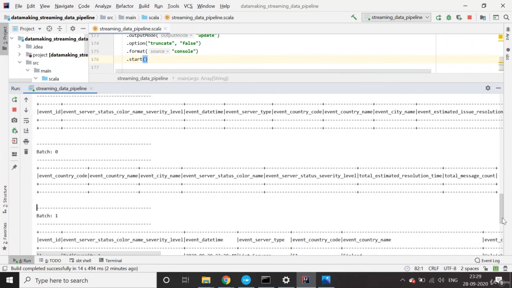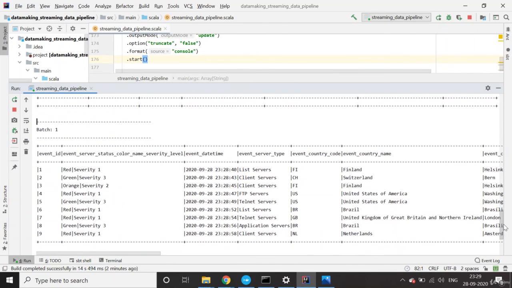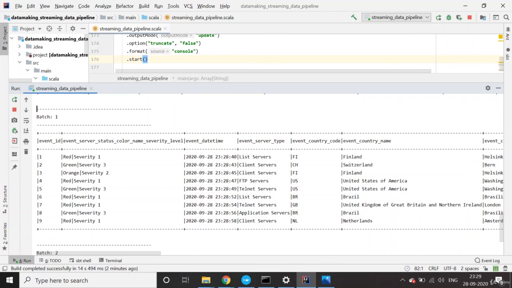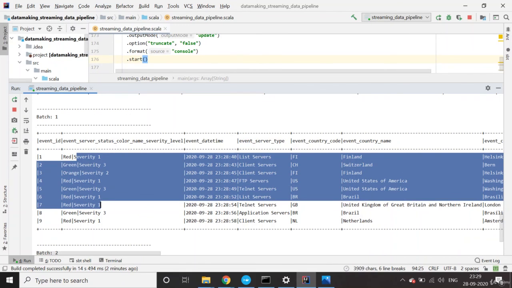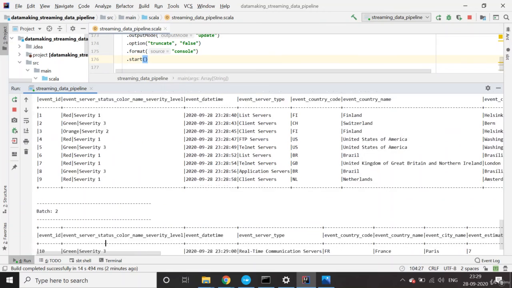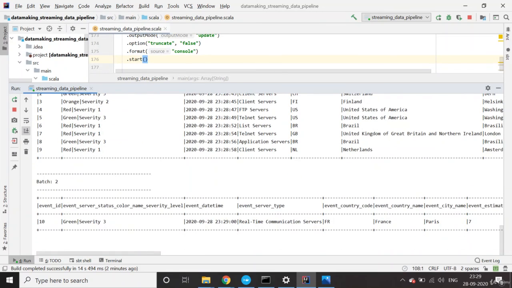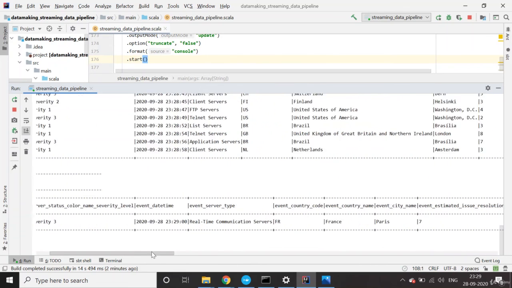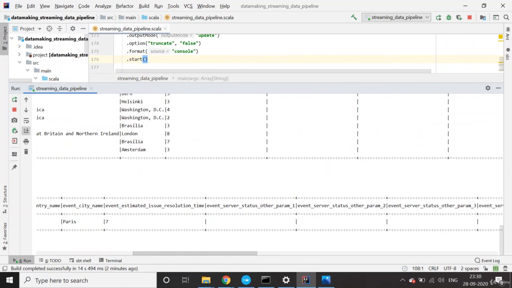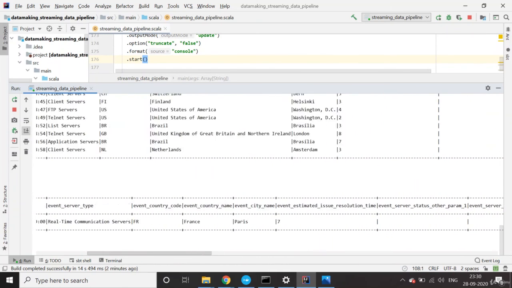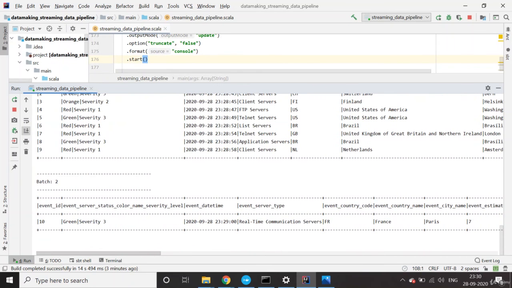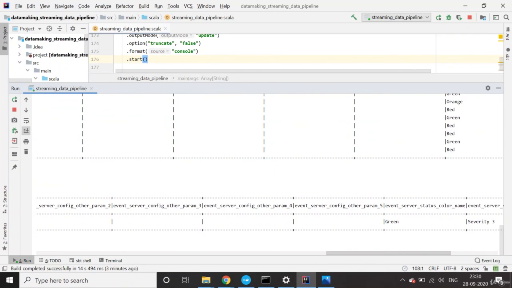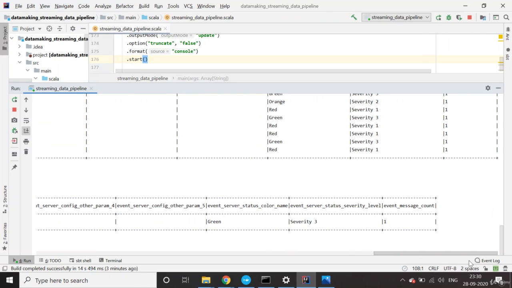I think the next batch of data has come. So see, this is the raw data, and after aggregation, this is the aggregated data. That is the event count, the event message count is there.